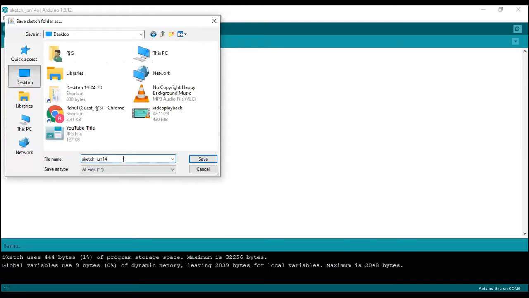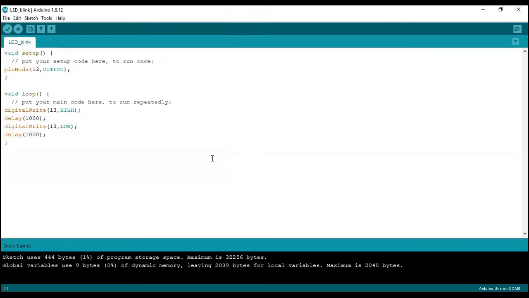We can edit it. So, sketch name or file name is LED underscore blink without any extension. Now click on Save button. So you can see the sketch name change to LED underscore blink.